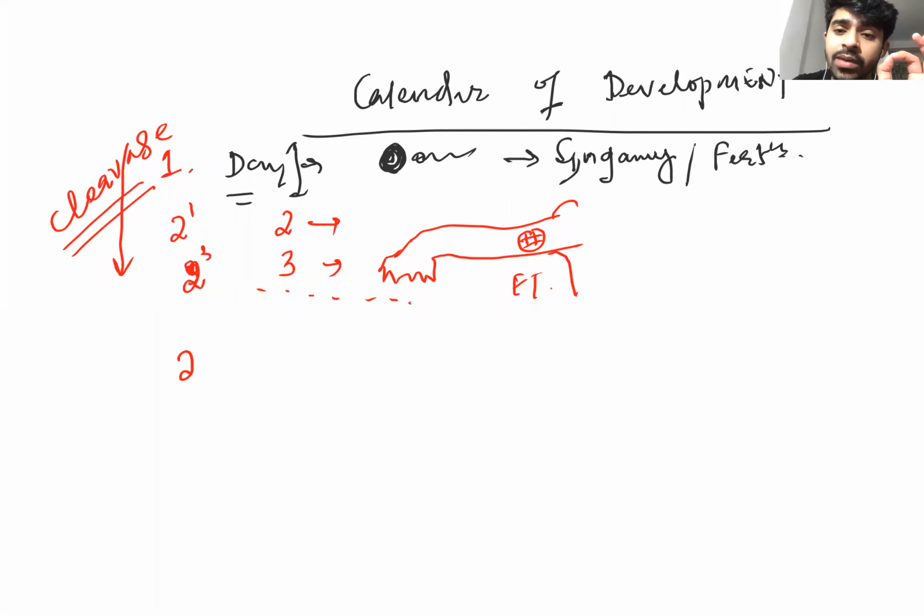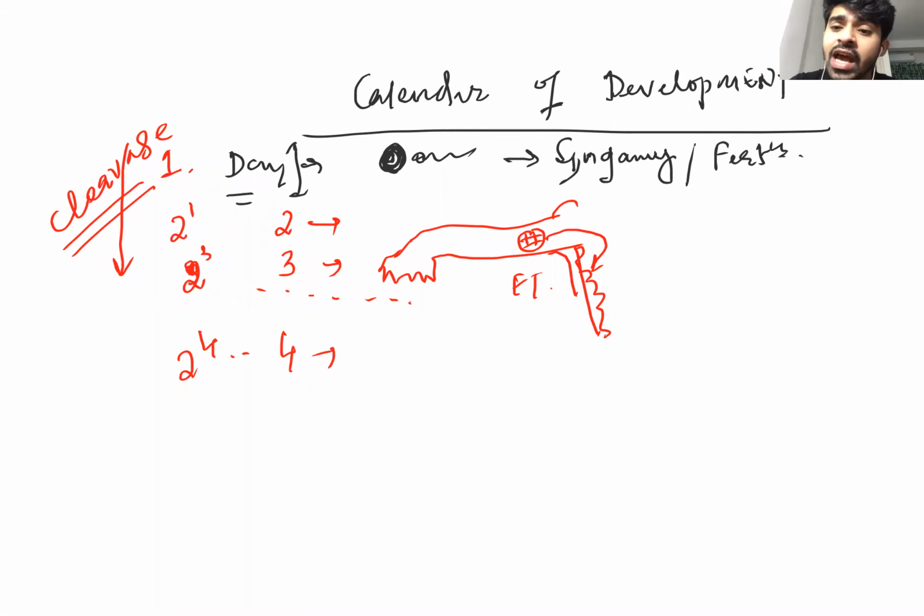But when they become 2 to the power 4 on day 4, I mean the 16 cell stage, it has to come into the uterine cavity. Otherwise it will cause a disease called ectopic pregnancy. That pregnancy will be a fallopian tube pregnancy, and tubal pregnancy is very dangerous because it will burst the tube, and there will be severe hemorrhage in the mother's body. So on day 4 you can expect 16 cells, and it has to come into the uterine cavity.